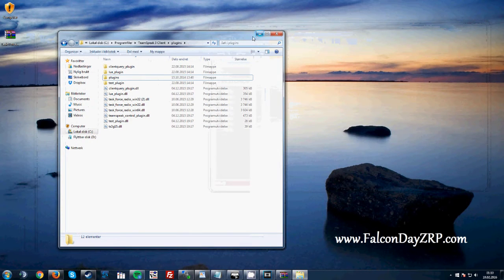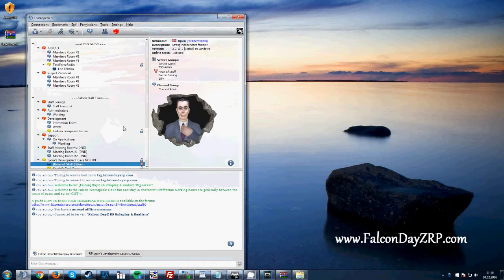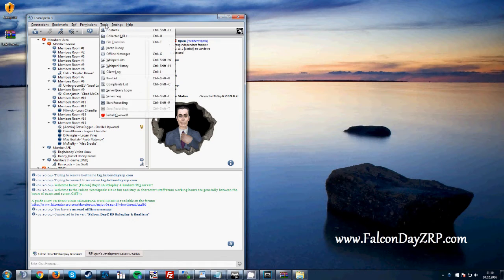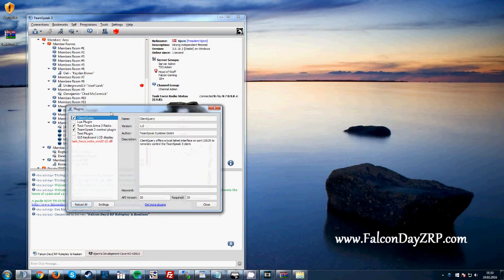TeamSpeak, we'll reopen TeamSpeak. It'll automatically connect me to my server. And I will go onto Tools, Plugins, and here you will find the plugins running on your TeamSpeak. And here TaskForceRadio Arma 3 radio will automatically be checked off for you. If it's not, then please select the checkbox, make sure that it's the way you see it here, close it